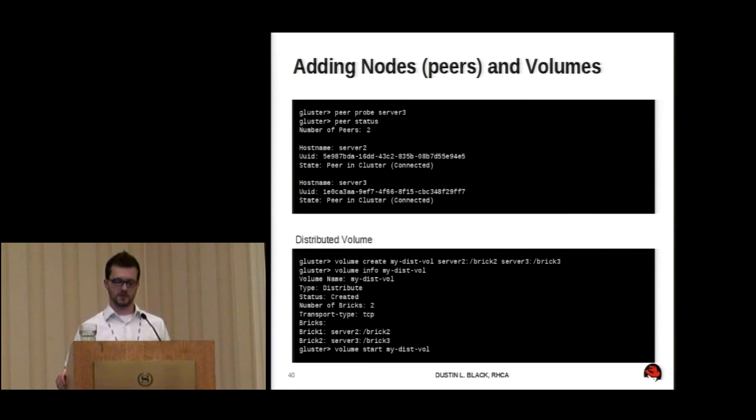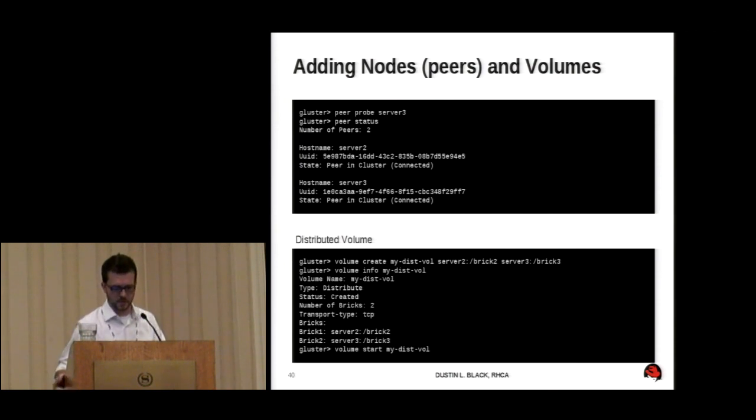what bricks to use. So in this case, I've given it server 2, brick 2, server 3, brick 3. And that server 2 is obviously the resolvable host name, and then :/, and everything after the colon is an actual file system hierarchy as it would look on the local machine. So in this case, I am using /brick2 on server 2 as a brick and /brick3 on server 3 as a brick. Because I didn't tell Gluster to do anything else, I've now created a distributed volume.